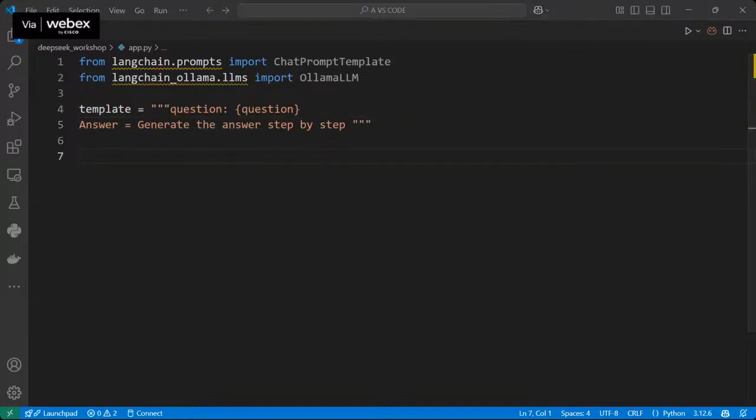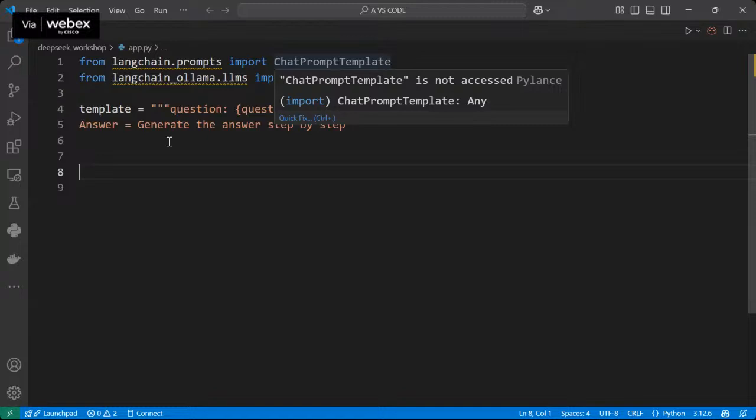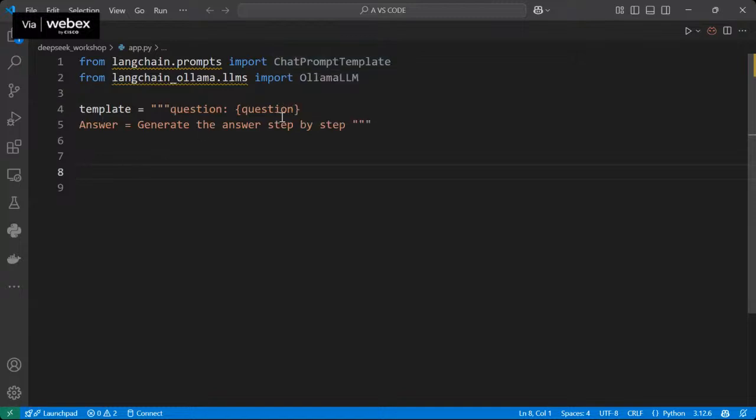So is anyone working with me? If you're not, maybe you can do it later, but let's see how exactly it works. From langchain.prompts we import chat prompt template, and from langchain_ollama import OllamaLLM. Okay, and define template: question, generate the answer step by step.